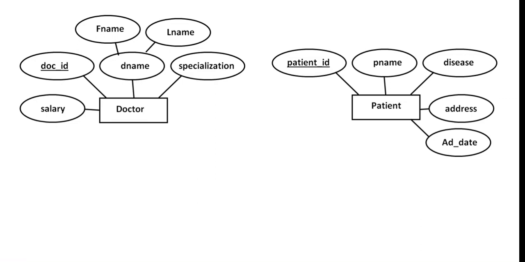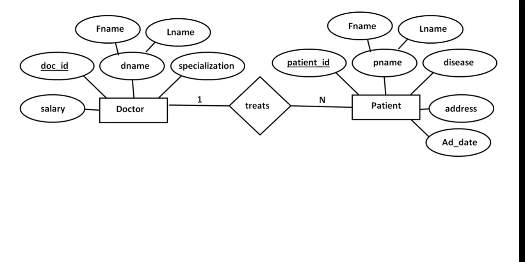Now we'll see how to convert this relationship into tables. See, when we say doctor is related to patient, or patient is treated by some doctor, it means these two entity sets are sharing some relationship. So when we want to convert this relationship into tables, or into a relational model, we want some common attribute, which is called a foreign key. But when we draw an entity relationship diagram, we never show foreign keys. We never draw common attributes among the entities.